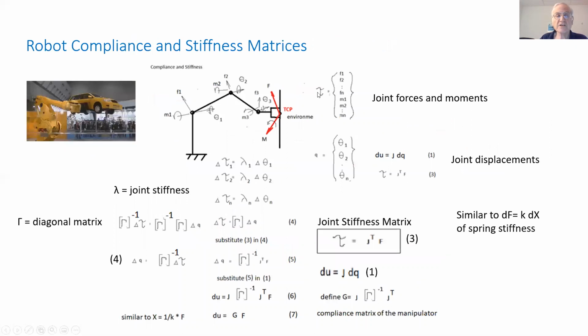Over here, we see an example of a mechanism, a robot, which lifts a car. And we're interested to know what is the deflection, the stiffness. A very important parameter of a system is the stiffness. It affects the natural frequency, which in turn affects the bandwidth of the servo system, as we'll see later.